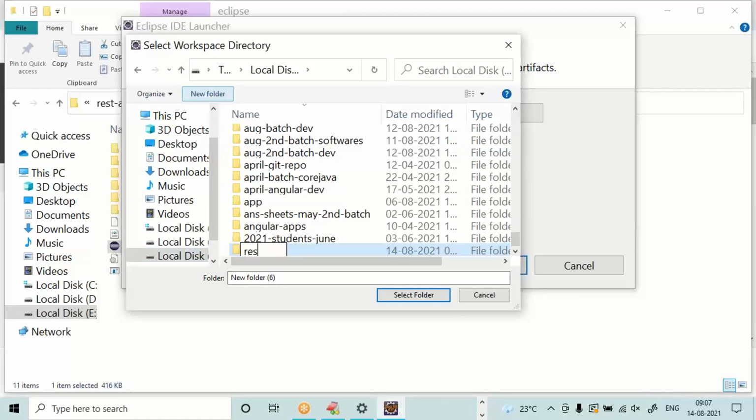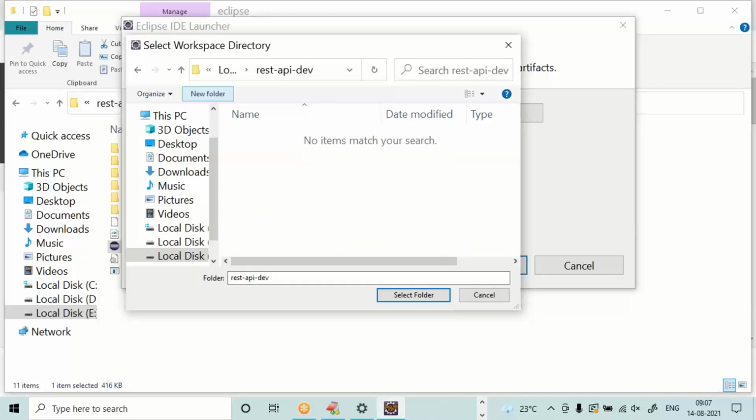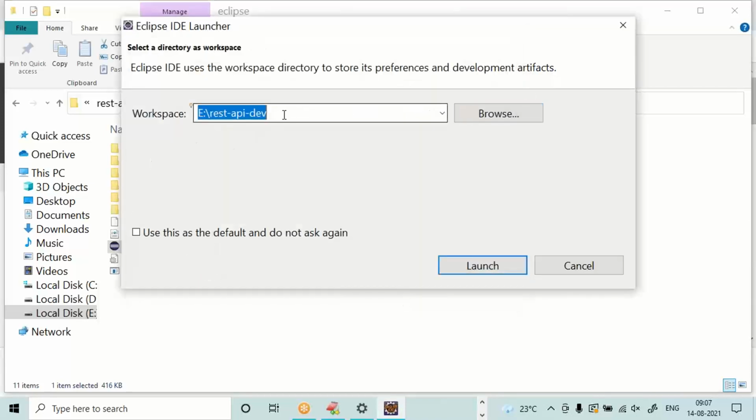I am creating REST API dev. Inside this folder, you can go for Eclipse workspace. E drive, REST API dev Eclipse workspace.